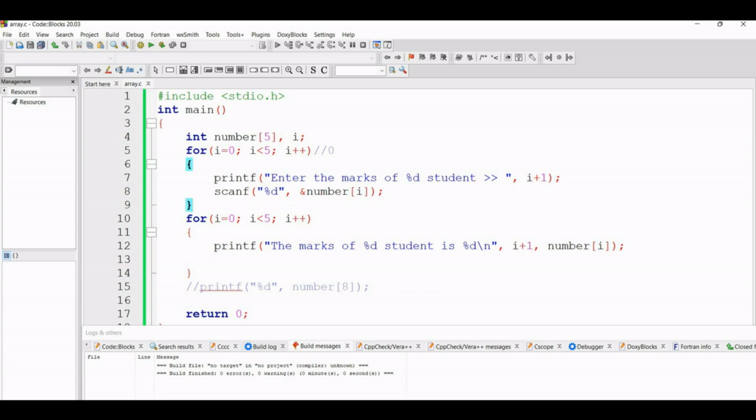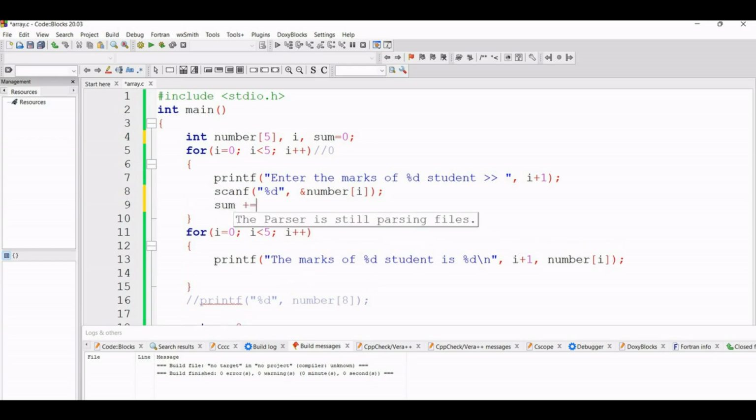Now suppose I want to add all those 5 marks. So here I will take another variable, sum equals 0, and after taking the input I will add all the values of the array. Here I will write sum plus equals number[I].